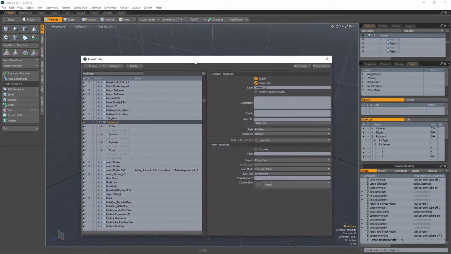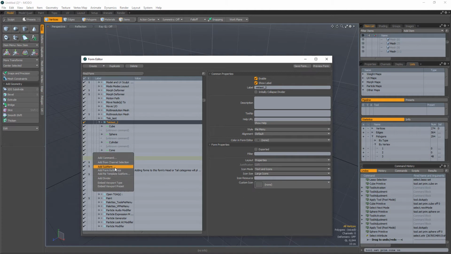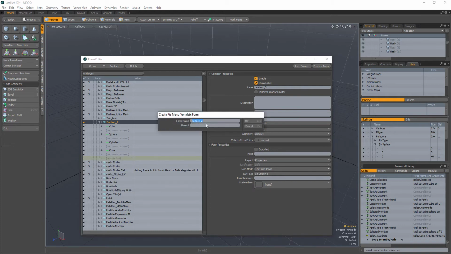So what to do next? Well, if you want to have multi-layered pie menus, then instead of filling the command, now you want to add another control. If you open this up, you'll see that this line has a hierarchy with a bunch of commands, and at the very bottom here it says new control. So let's add something in there. Now I'm going to add another pie menu, so add pie sub or template subform. I'm going to do that, and then